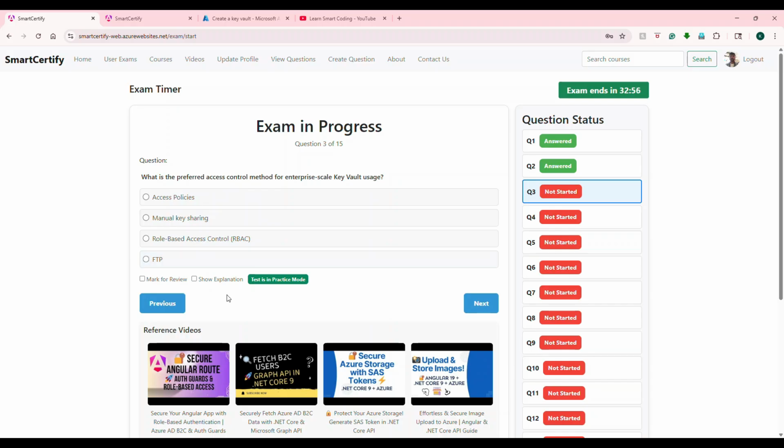How can you control who can access that? That's what they're asking. Can we create access policies? Can we have manual key sharing? Definitely no. You can rule this out. FTP? No. Role-based access control? Yes. Actually, this and this is supported, but this one should be the right one because